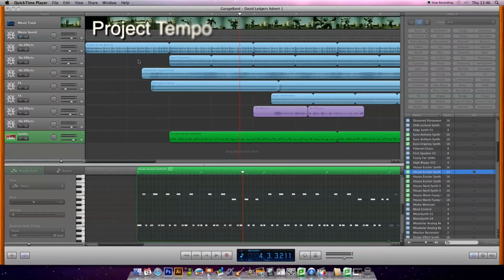So onto project tempo. What a lot of people don't realise is that you can change the speed of any Apple loops or MIDI regions. So if you hear a loop that you like the sound of but it's a bit fast, no problem. And this is also the case for a whole project. Now, it can't change the speed of audio you've recorded, but if your song,